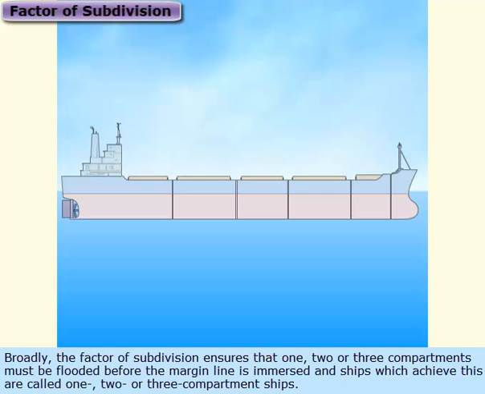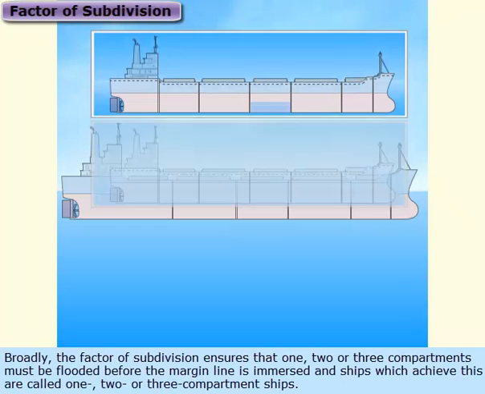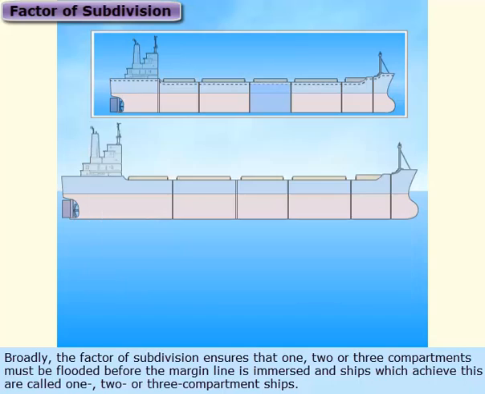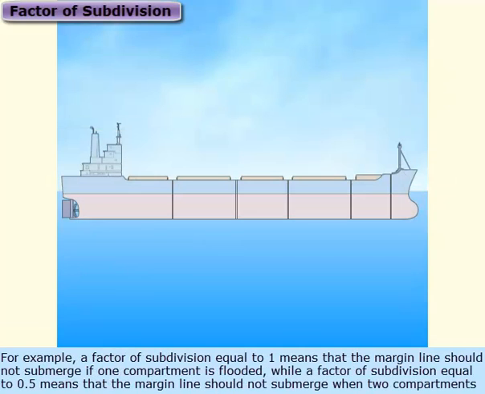Broadly, the factor of subdivision ensures that 1, 2, or 3 compartments must be flooded before the margin line is immersed, and ships which achieve this are called 1, 2, or 3 compartment ships. For example, a factor of subdivision equal to 1 means that the margin line should not submerge if 1 compartment is flooded,